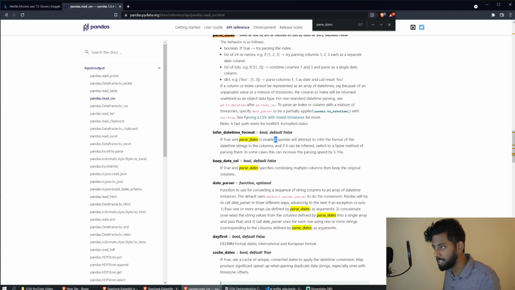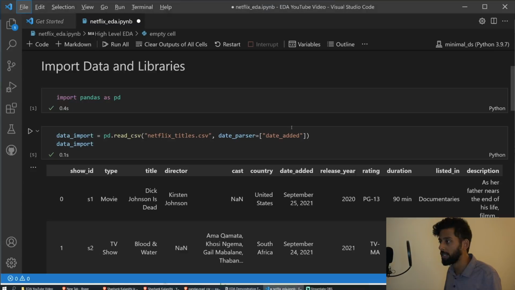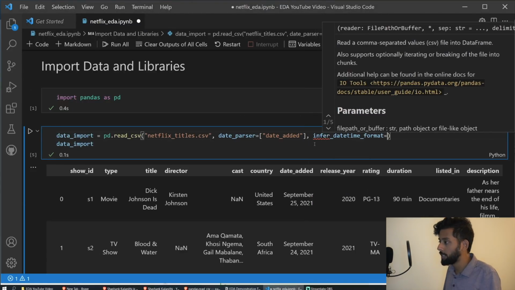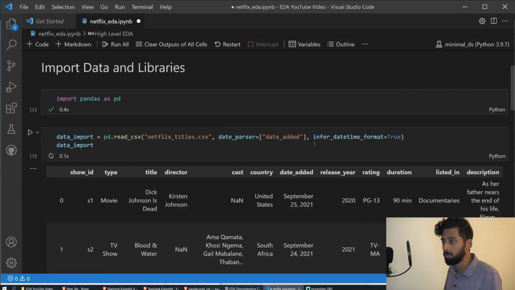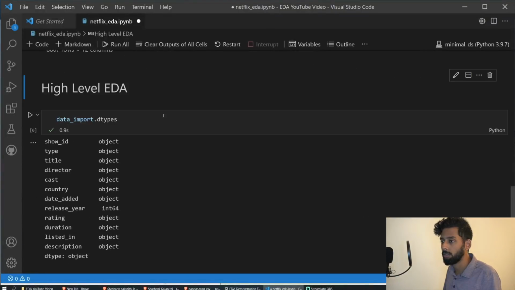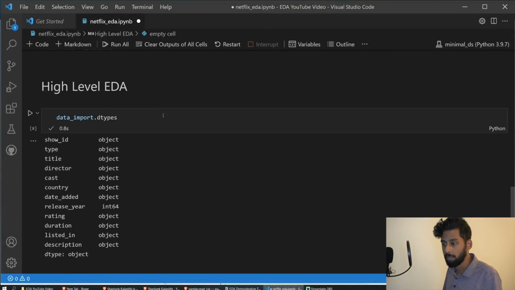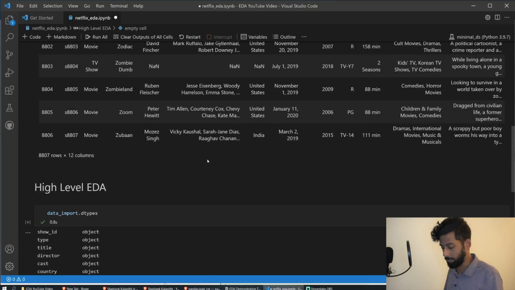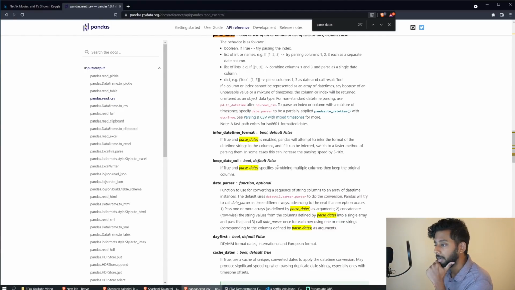Infer datetime format. Maybe this needs to be true also. So let's try that out. Infer datetime format equals true. Okay, let's see if that worked. Nope, doesn't seem to work. So let me zoom out a little bit just for my own convenience. Okay, so